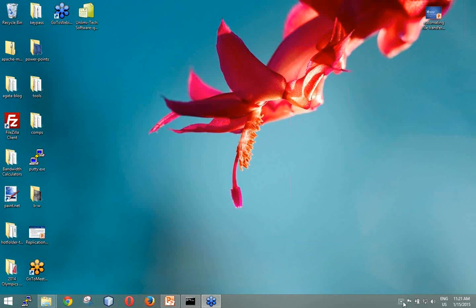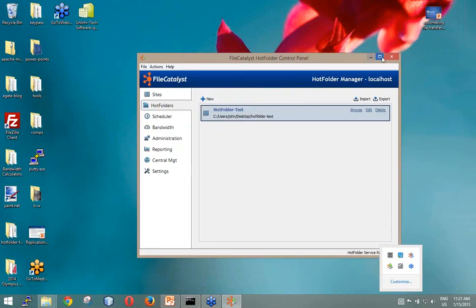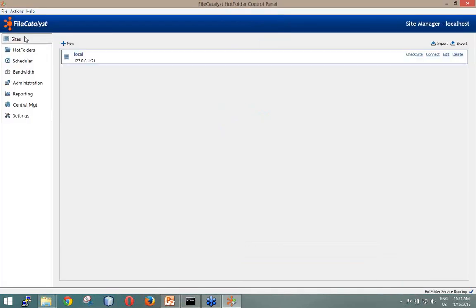I'm going to now flip back to our hot folder, the remote location where you can do all your automation. The hot folder has really three things you've got to do. You've got to create a site, which is the site you want to connect to. Remember, this has to be a FileCatalyst server.